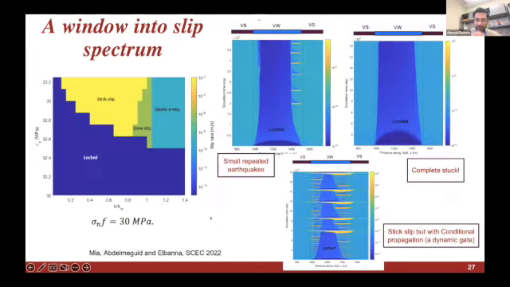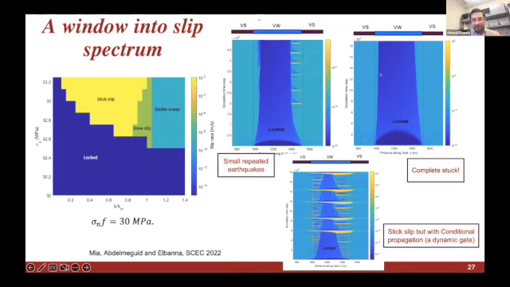And finally, I want to just give, and I know others would talk about the spectrum of slip, here's an example of what we observe as we reduce the strength of the bulk. It's still stronger than the fault, but as we go further into weaker bulk, we do observe a very rich transition in the slip behavior here. We can actually go all the way to a completely locked, stuck fault, even if it's velocity weakening, if there is enough plasticity accumulating in the bulk.